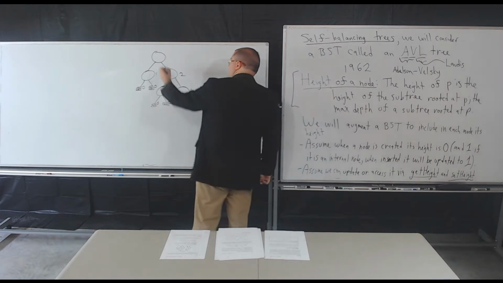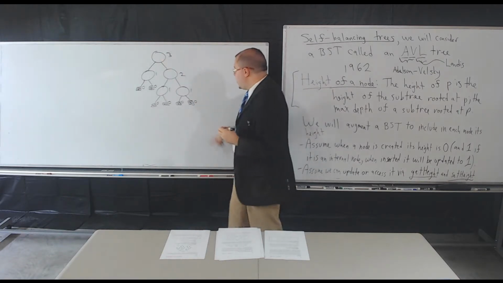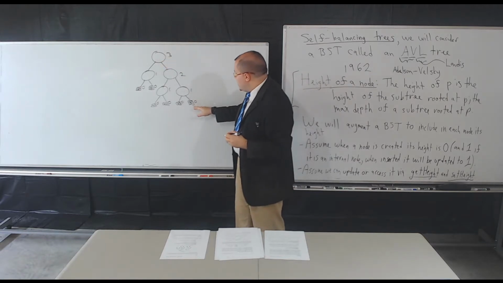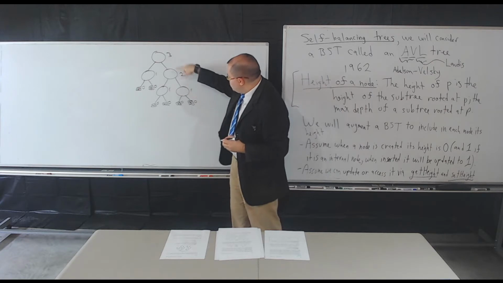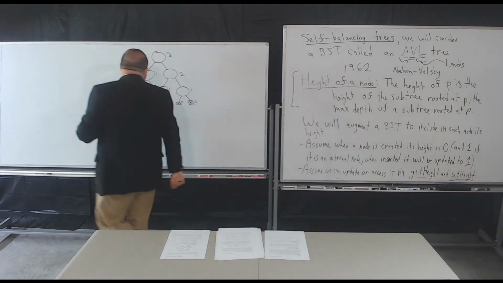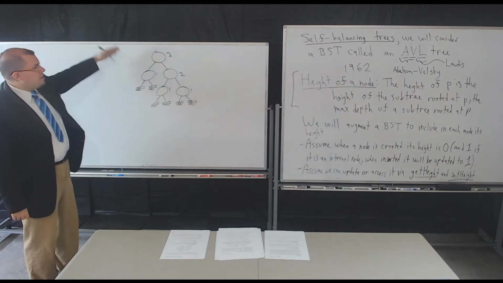So the height would be 3. And this checks out just fine. Look how many edges exist for this depth node. So from leaf to root, I have 1, 2, 3. So the number of ancestors is 3. This child checks out. So what we're going to do is augment the binary search tree so